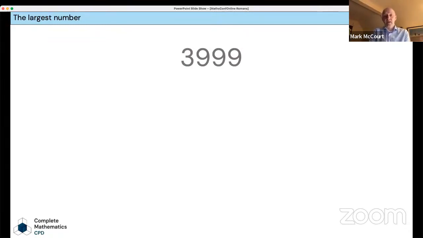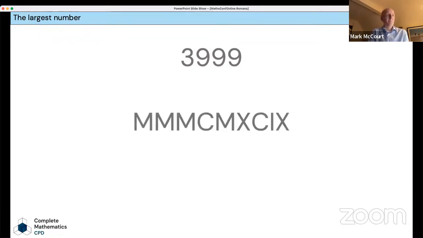And if I ask you to write down 3,999, I'd imagine almost everyone would write this kind of format. And we have this subtractive form where if there's a smaller digit to the left, we subtract, otherwise we add. So here we've got the numeral saying 1,000 plus 1,000 plus 1,000. Then a smaller numeral before a larger one, so we do a subtraction, 1,000 minus 100, and then a smaller before a larger, so we do 100 minus 10, and then 10 minus 1. We're all very familiar with that, but it is not the only way of writing this number.